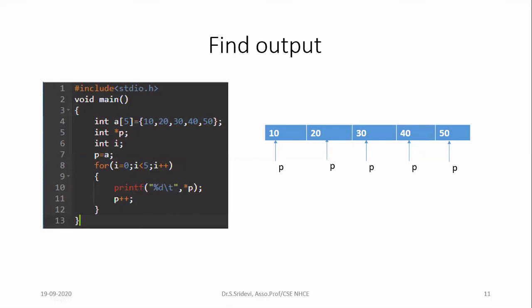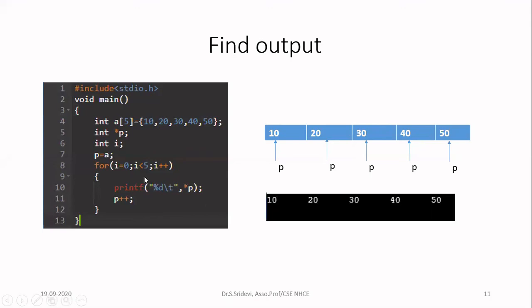That's why in some languages they felt that since pointers directly access the memory, it is not secure, and they removed pointers in Java. But C gives you pointers for system programming. Compilers are still developed using C. That's why we are still studying that subject, right? So when you run the program, you will get this as your output.